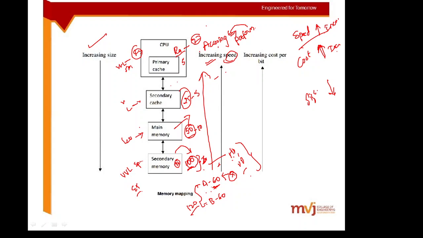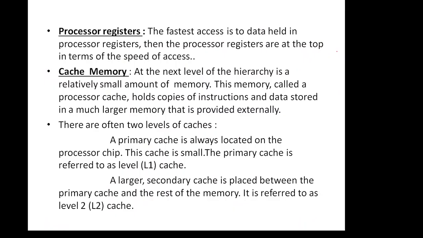So this is how the speed, cost and size of different memories are going to be done. When we take the size, in the sense the number of instructions it can hold, it is going to be decreasing from top to bottom. So that is the size. Cost is going to be increasing when we go from the top to the bottom, and speed is also going to be increasing from the top to bottom. This is how the speed, size and cost are going to be done.